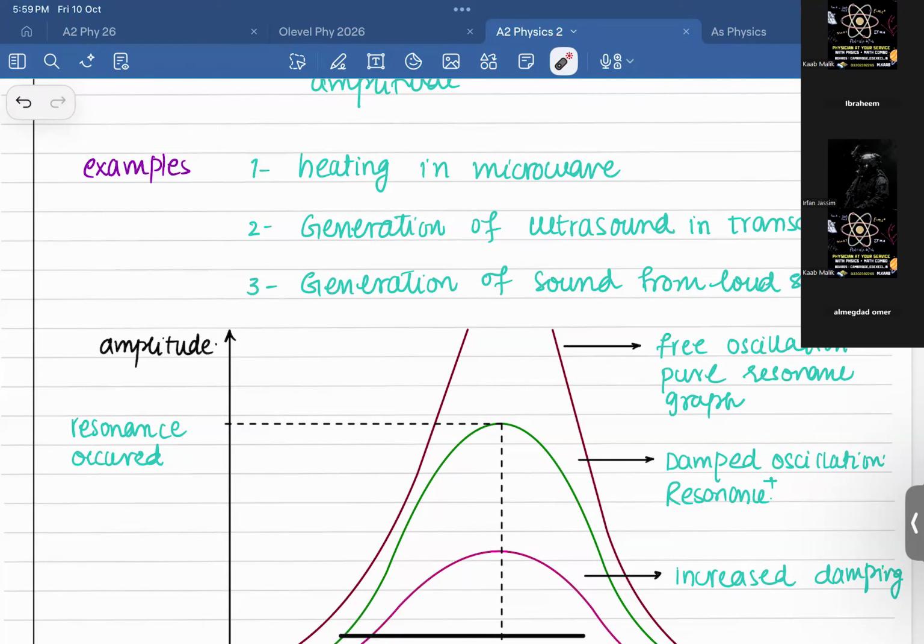Now, the first graph is basically the free oscillation, and you can see that the free oscillation does not have any ending of the amplitude, right? Because if you just keep pushing the system, it will go to infinity, right? So, yep. Now, the second thing is,